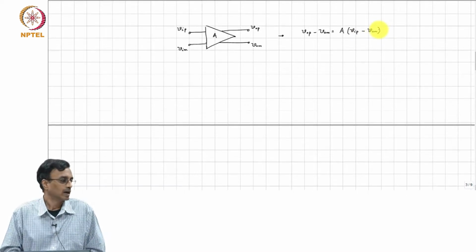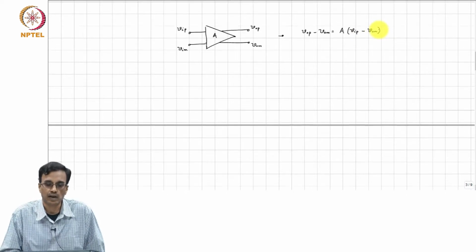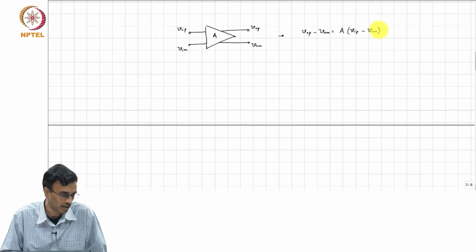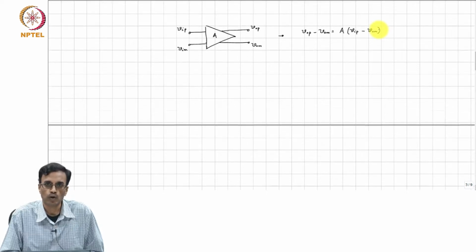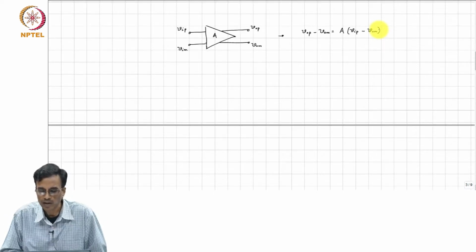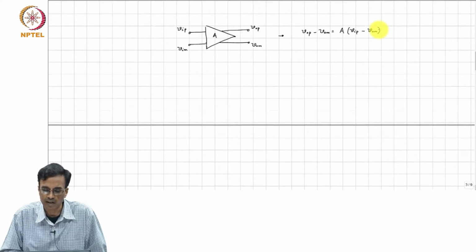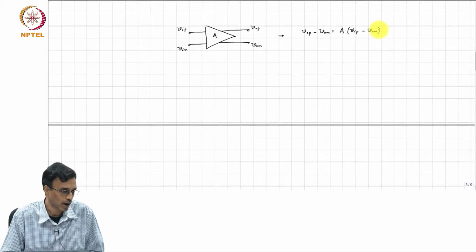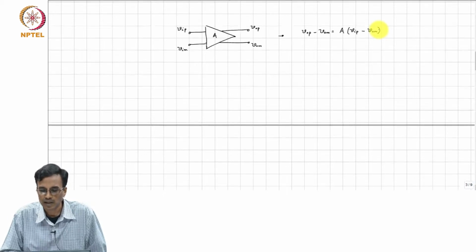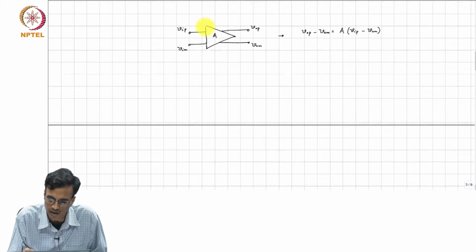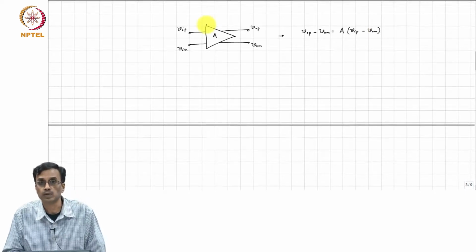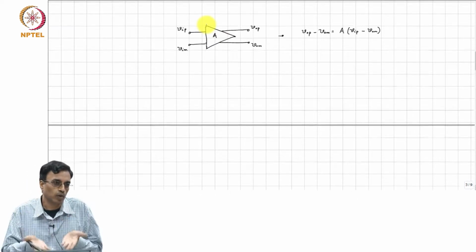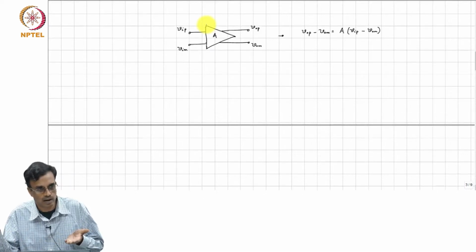Those of you who have taken circuit classes probably already know why fully differential circuits are useful. The reason is that if there is a disturbance on both VIP and VIM, which is very likely to happen in a practical situation, then the amplifier is only sensitive, at least in principle, to the difference between VIP and VIM. So, anything that is common to both VIP and VIM is not amplified.